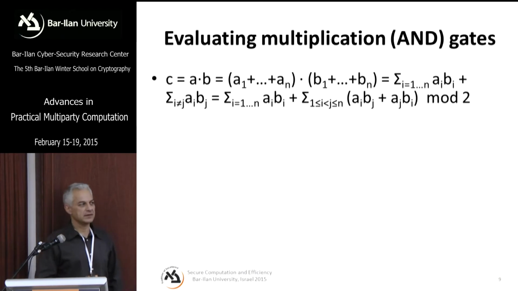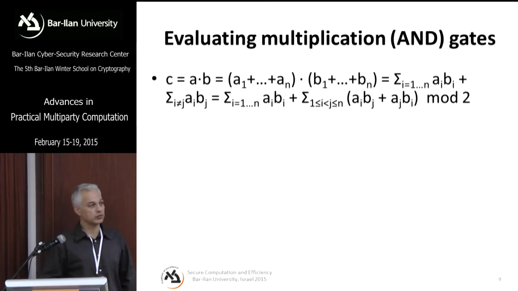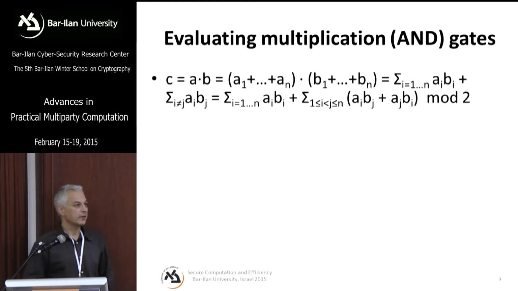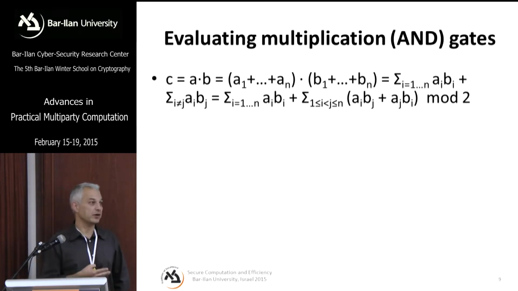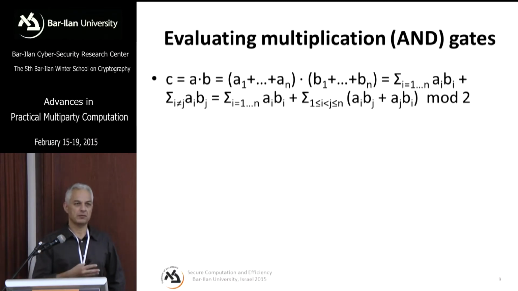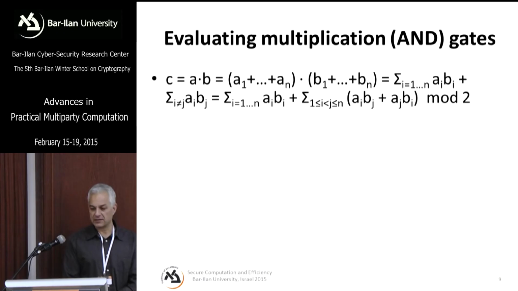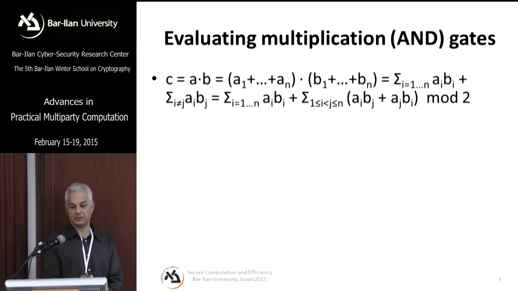So what happens in a multiplication gate? C is essentially the multiplication modulo 2 of A and B. A is the sum of the shares A1 up to An, and B is the sum of B1 up to Bn. So if we open the parenthesis, we get that C is equal to the sum of Ai Bi, for i